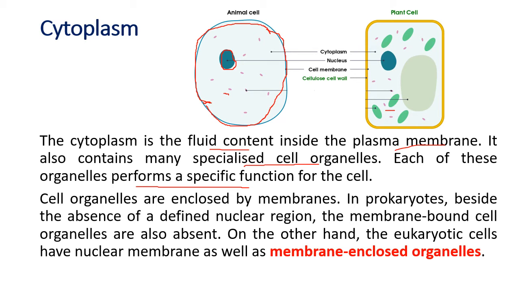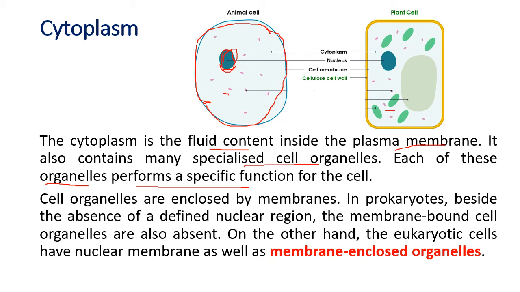In a cell, all the material is transparent, so the material in the cell is usually colorless. So we put an iodine stain or safranin which colors the material inside the cell. In a microscope you can only see the nucleus as a dark spot and a membrane outside. We can see the cytoplasm, but to see these organelles you need a very powerful microscope like the electron microscope.